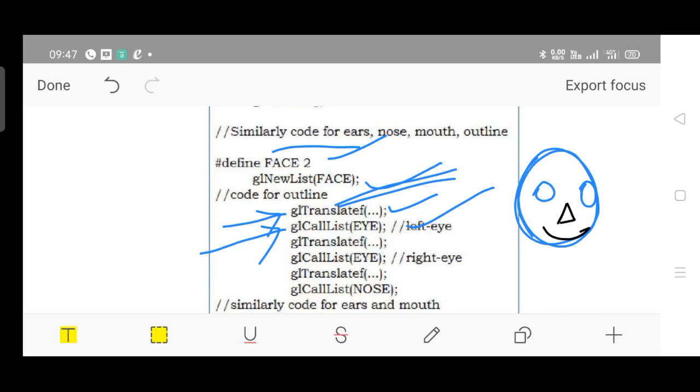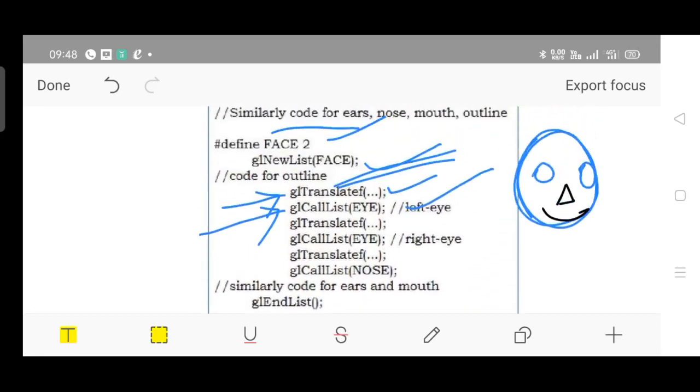See, there is not much coding part. The only thing is you should know where and when to use glCallList, and when to use glNewList. glNewList is for creation of the object, and termination should be done with the help of glEndList. And whenever you want to call and execute that particular object, make a call for the object through the function. What is the name of the function? The function name is glNewList. Oh, sorry, glCallList. glCallList is used for the execution purpose, and glNewList is used for the creation purpose.